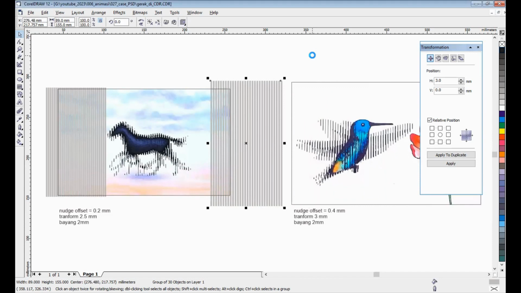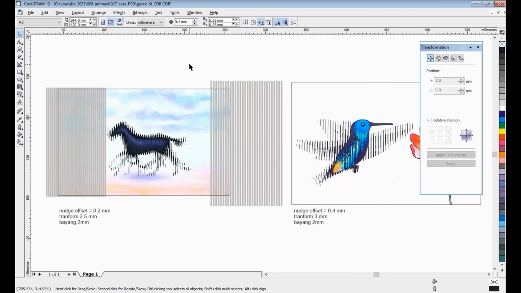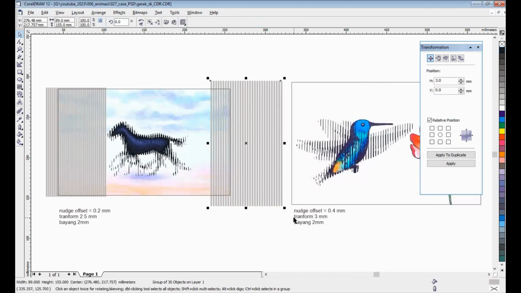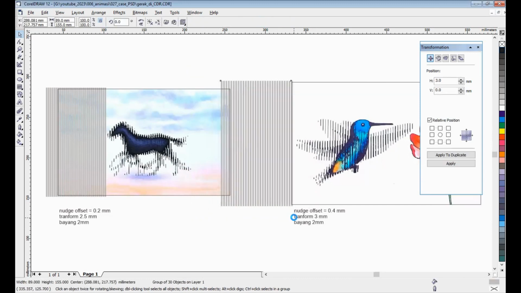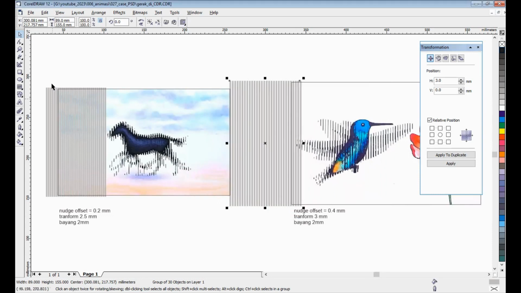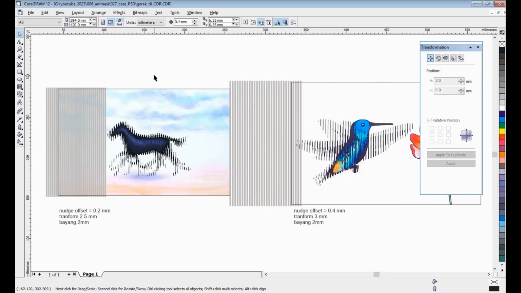Yeah, after this session I will show all of you. We will try this on Photoshop. Yeah, we use motion twin, and the movement is the same as this.